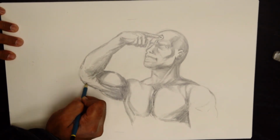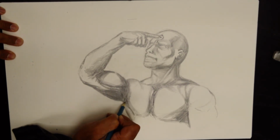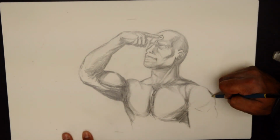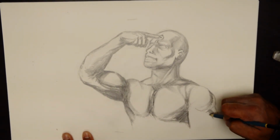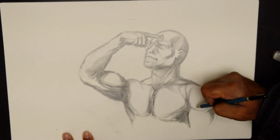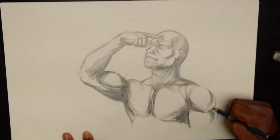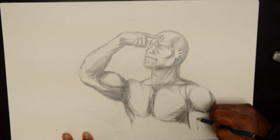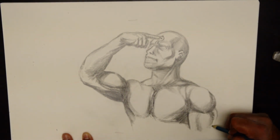You can see that things are gradually coming along. And then some tones going like that. Some tones flying off from there, on the outer side of the arm. Some tone going into the delts right there. Bit of shadow here as well. And some tonal value right there, some definition and tonal value on the arm,